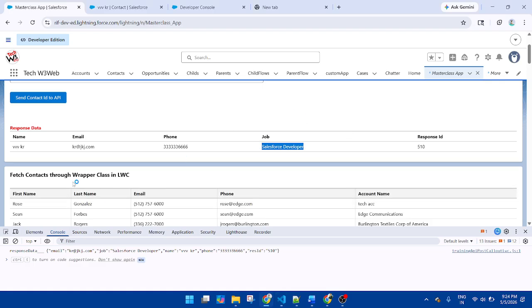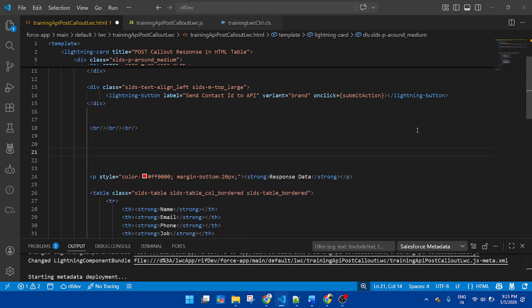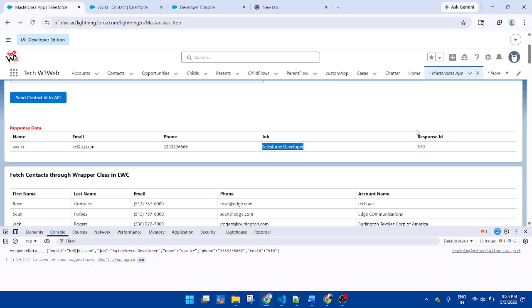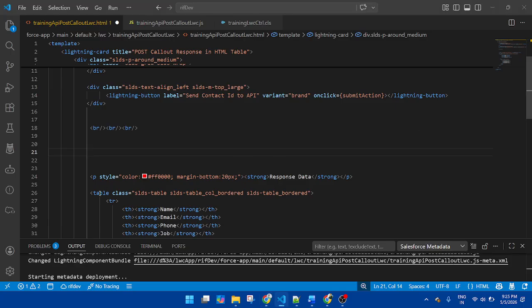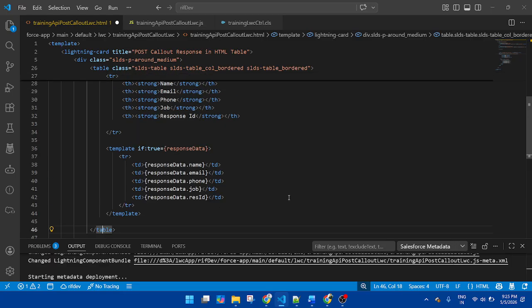Okay, and here this is a table, the response data. You can display here the button. This is a table.